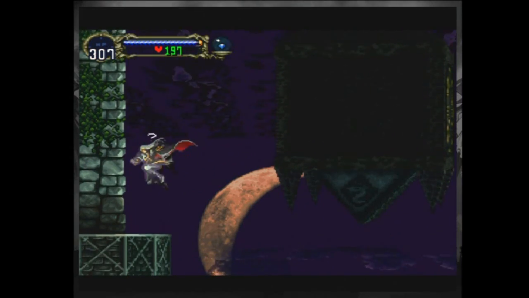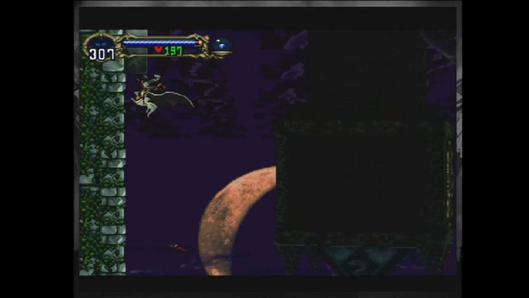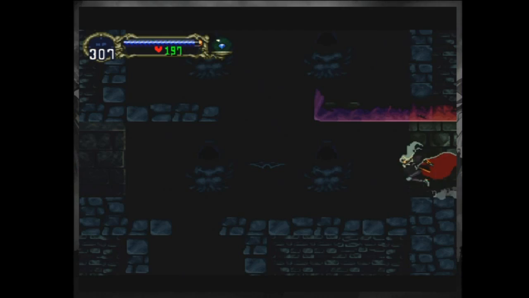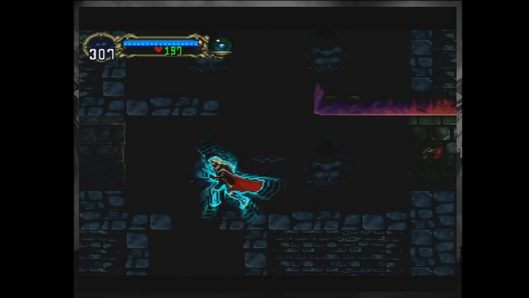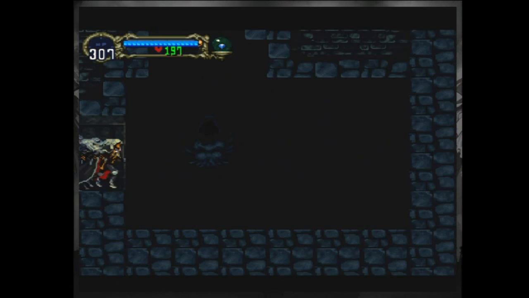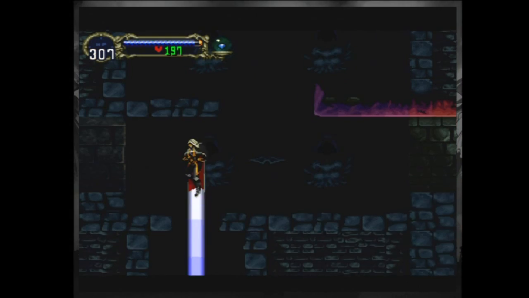Okay, we'll head out of this room here. And where I need to go is to the reverse underground caverns. I can get there fairly quickly. It's a little bit of a trek. A library card. But once I get there,